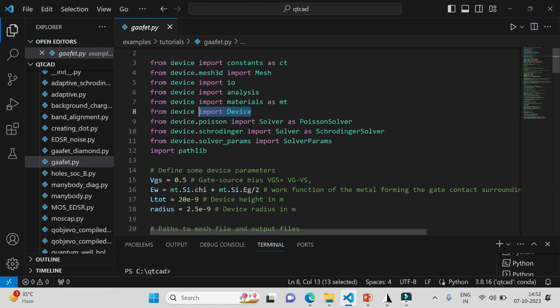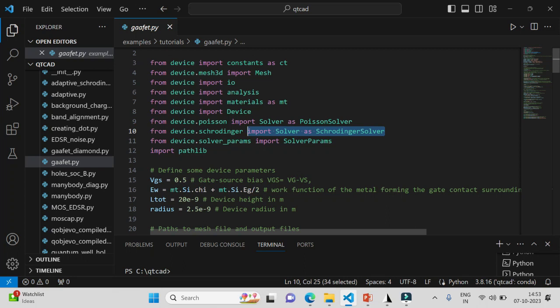A device object stores information like physical parameters, effective mass, permittivity, dopant density, and variable parameters like electric potential and carrier densities at each element or mesh point. Here you can see I have also imported the Poisson module, which contains the nonlinear Poisson solver, which will be used below to calculate the electric potential and band edge profile of the device. I have also imported the Schrodinger module, which contains the Schrodinger solver, which will be used below to find the envelope function and eigenenergy of the single conduction electrons, which is confined in the conduction band edge profile.